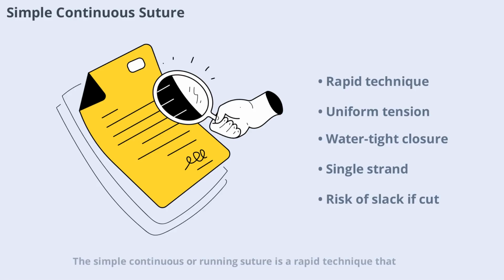The simple continuous, or running, suture is a rapid technique that distributes tension uniformly along the wound. This method involves a single strand of suture material that runs uninterrupted from one end of the wound to the other. It provides a more watertight closure, which is beneficial for wounds requiring a sealed environment. However, a notable disadvantage is that if the suture is cut at any point, the entire line may become slack,